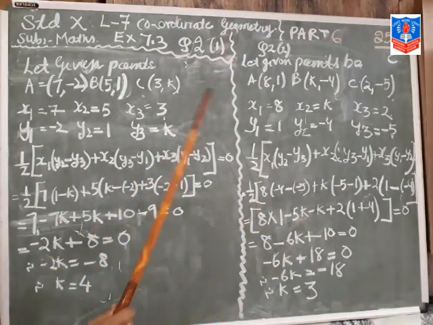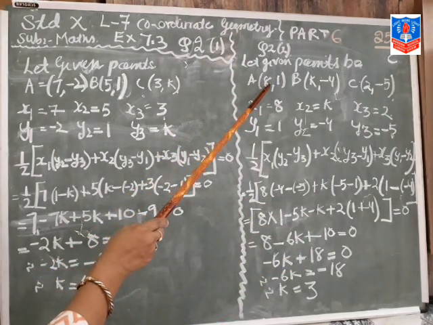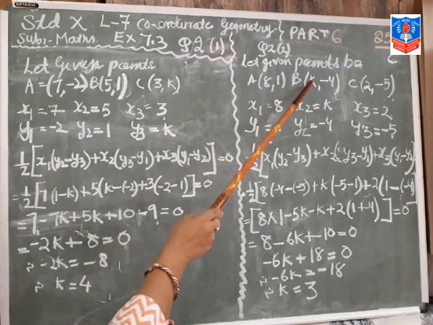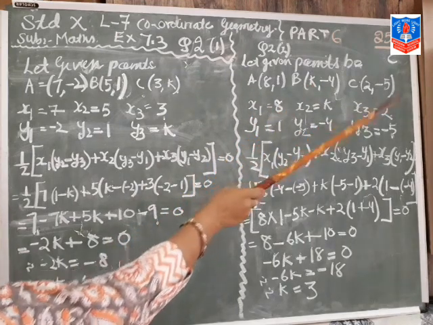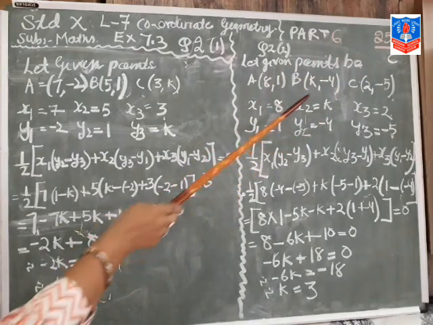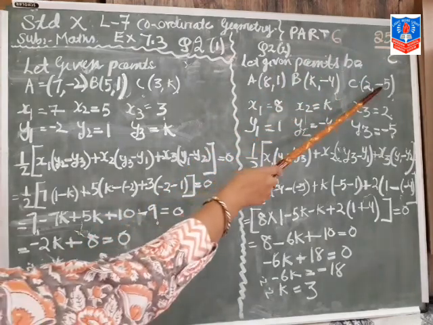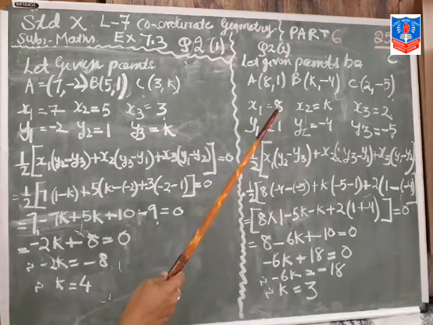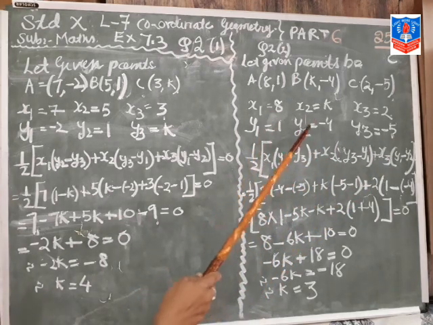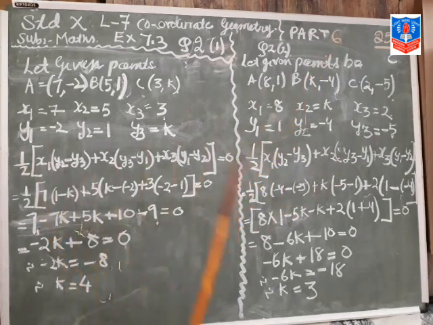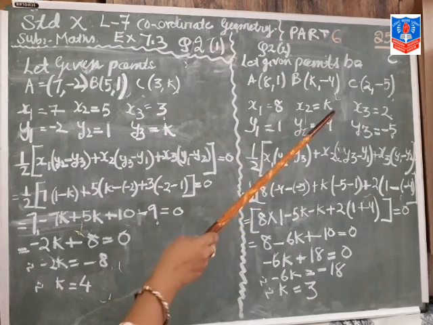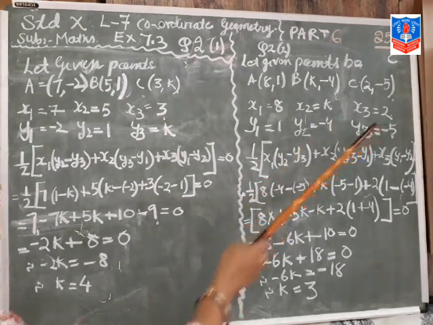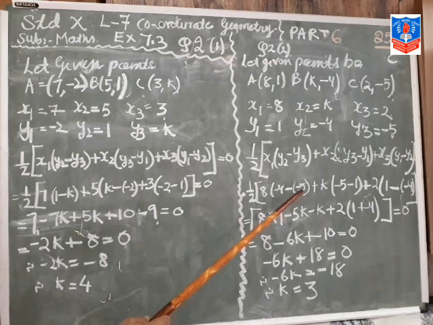Similarly, same question. x1 is 8, x2 is k and x3 is 2. y1 is 1, y2 is minus 4, y3 is minus 5. Clear children? Half x y2. Similarly we will write. Okay, so we will write y2 minus y3, full formula same. So now first x1 8, then minus 4 minus minus plus 5. Okay, we will change it.